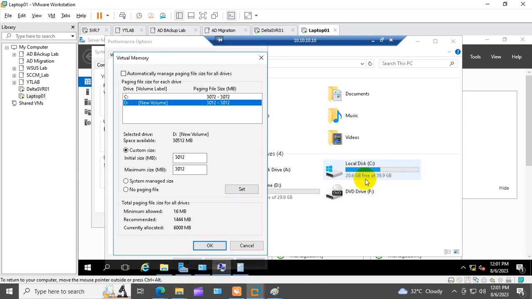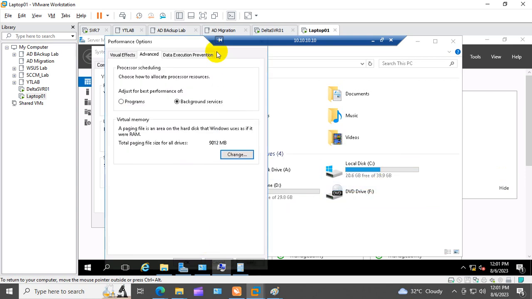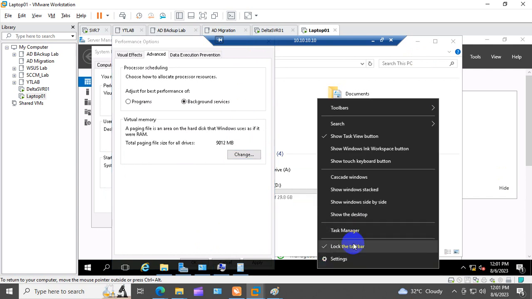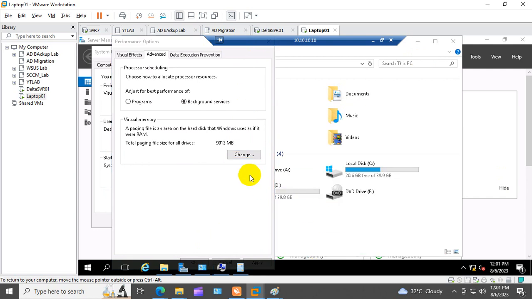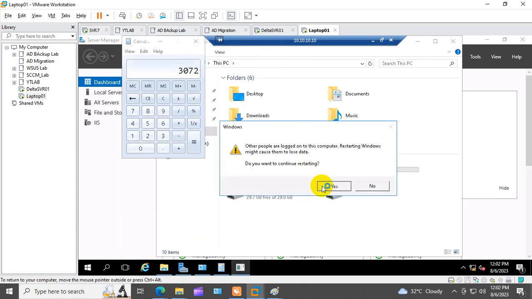It will come to around 17 something. Click on OK. Click on apply. OK. OK. You need to restart. Once you restart,